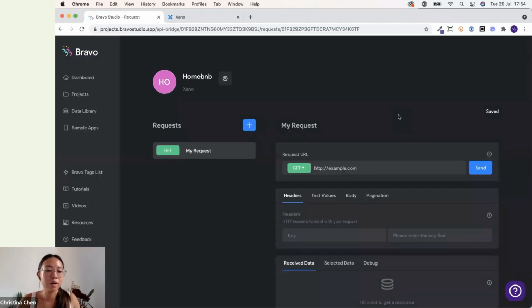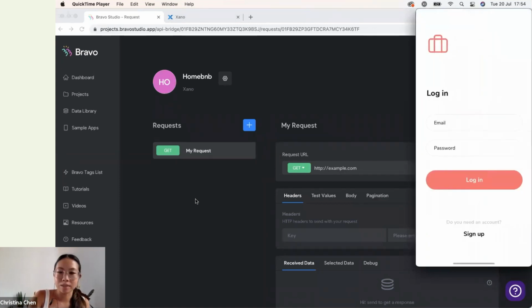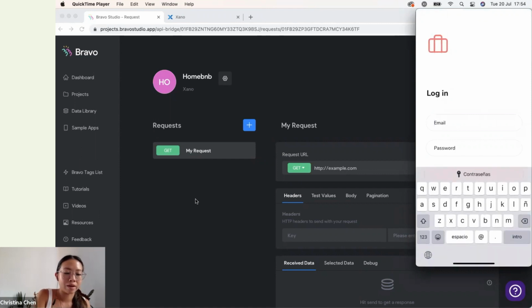Okay, so after we create a new collection, we'll have this blank request set up. So let's get started with the first page. In our user journey, let's do the login page. After the intro, the user goes into login, and then you can see here, while the email input and